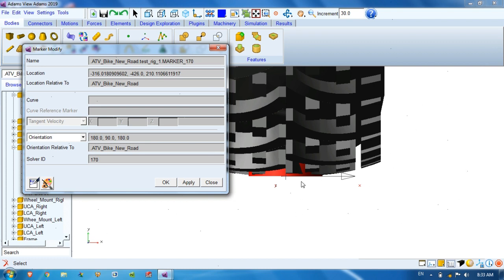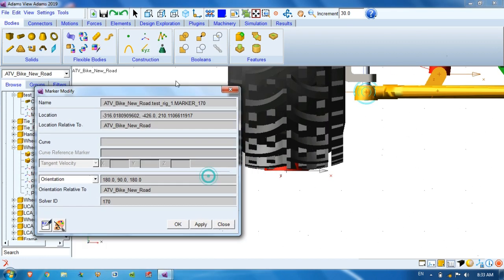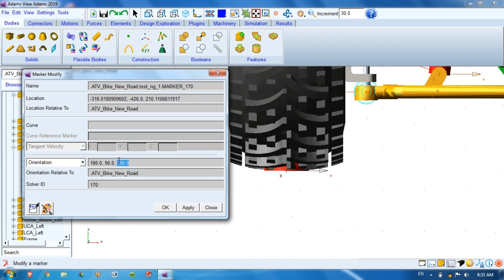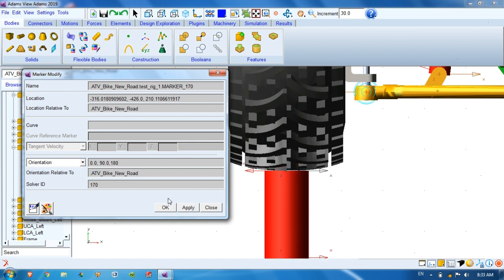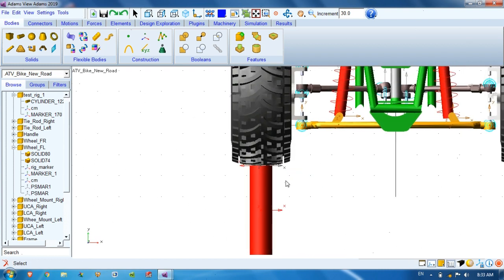So it is oriented now, but it is orienting in upward direction. One of the orientation angles you can set to 0, keeping the other 180. Here we will make it 0, so it will go in downward direction. Now it is okay. Orientation mainly works on the 313 principle, Euler's angles.